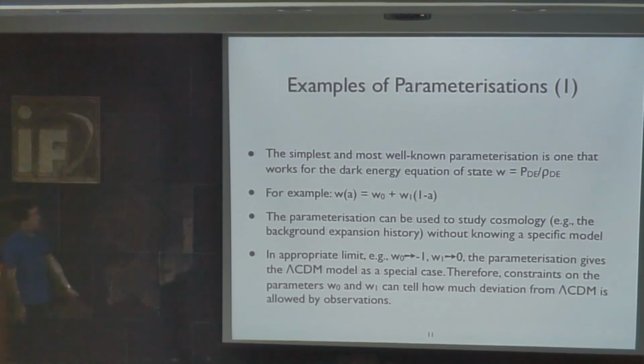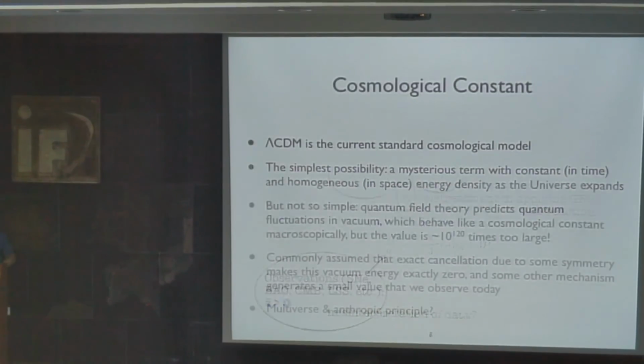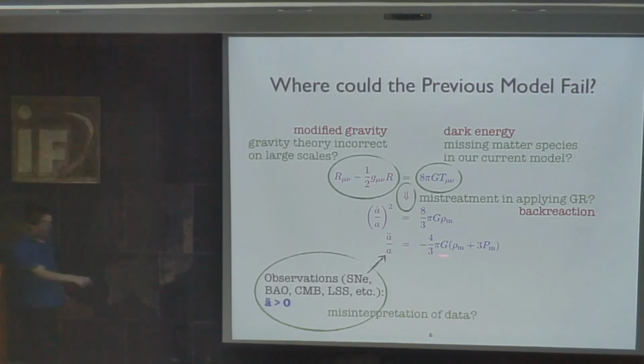So I'll give you some simple examples of how parametrization works. And this first example is, I think, probably many of us are familiar with. This is what people use when they describe the dark energy equation of state parameter w. And if you are not familiar with this, just remember that from the Friedmann equation, you have seen that the acceleration of the universe depends on the energy density and the pressure of the matter contained inside it.